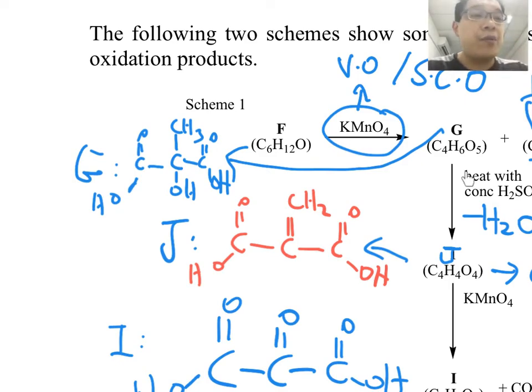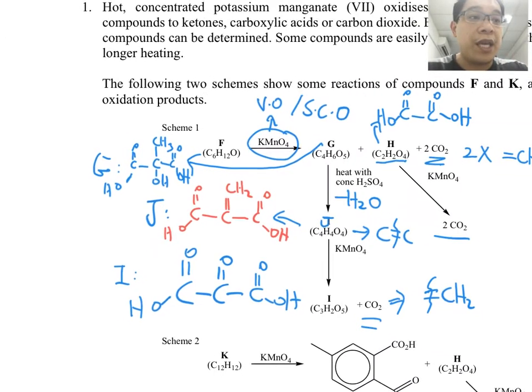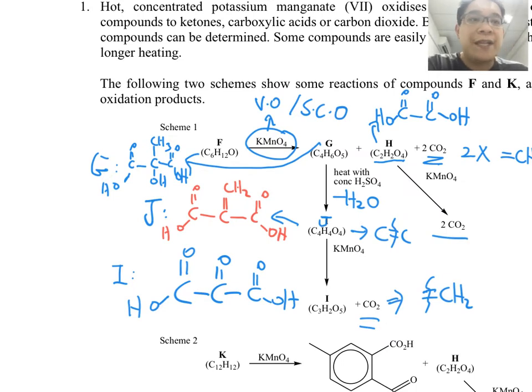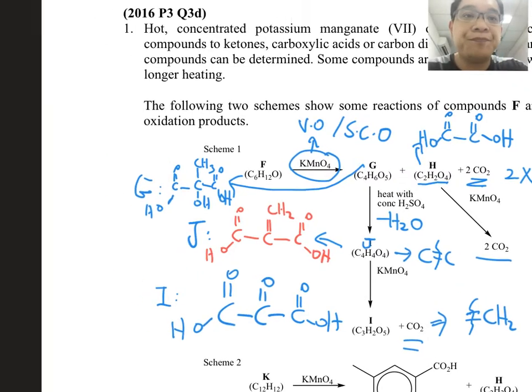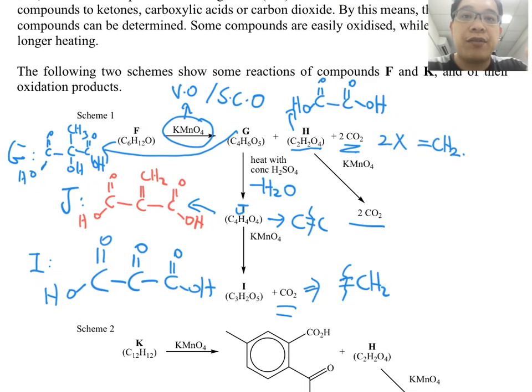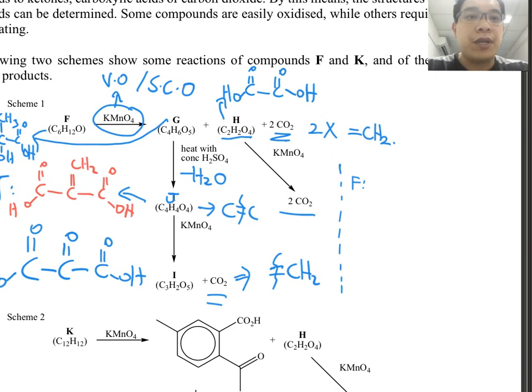So right now I have predicted what is my G, what is my H, what is my J, what's my I. Now I'm going to assemble all of them together and predict what is going to be my F. To predict F, I'm just going to write on the right hand side, which has a bit more space. To predict F, you're going to draw out G and H, so you can have a good idea how this molecule is connected. So I'm going to draw out my G here, in the center of the structures.